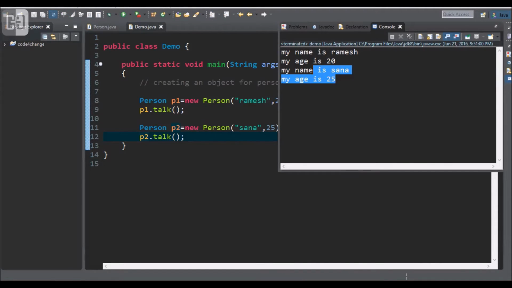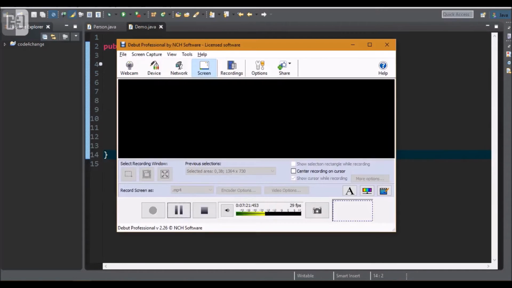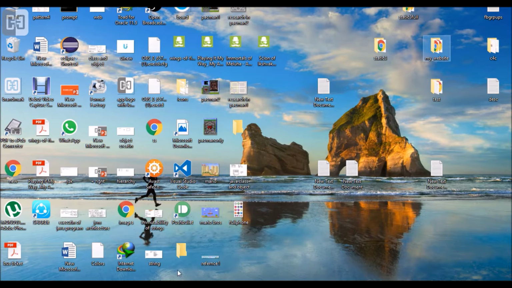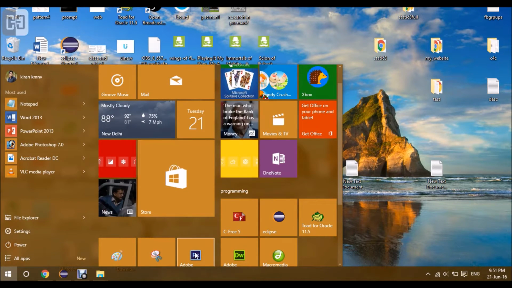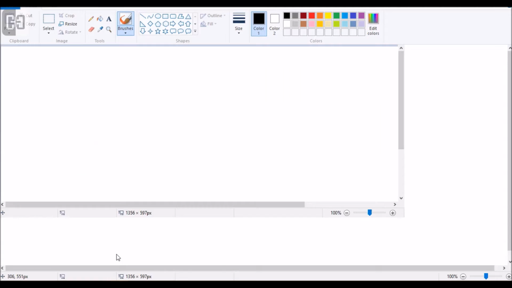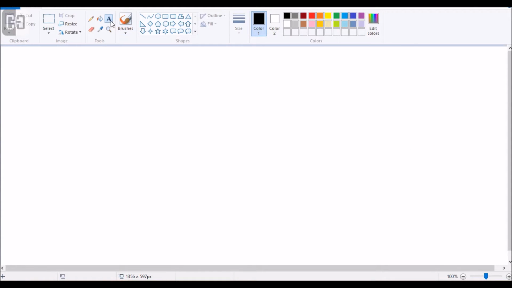Now see here. So we are creating the objects with a different instance variable. So that is the use of the constructor. Okay, now let us see here. So now I have created one constructor like this.